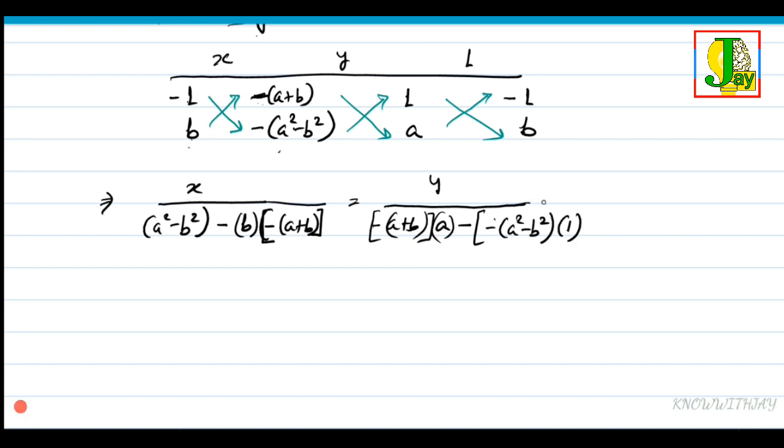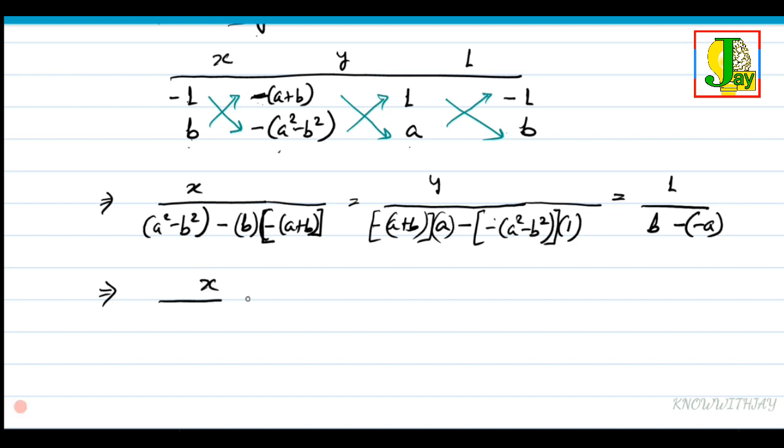Okay, and then we have the constant term 1 upon, downward direction first, 1 into b is b, minus, we have a into minus 1 is minus a. Okay,